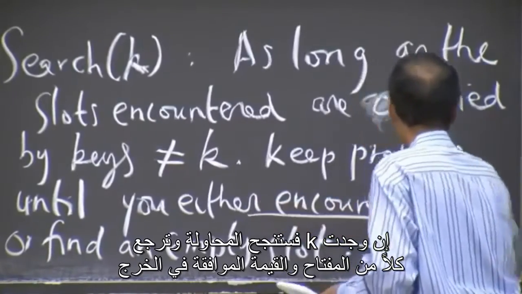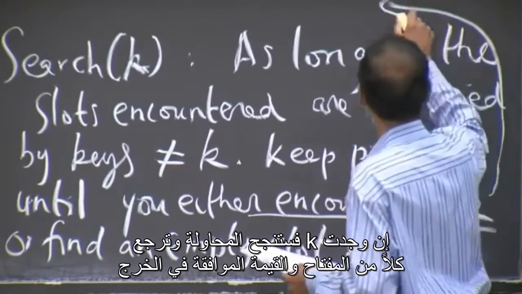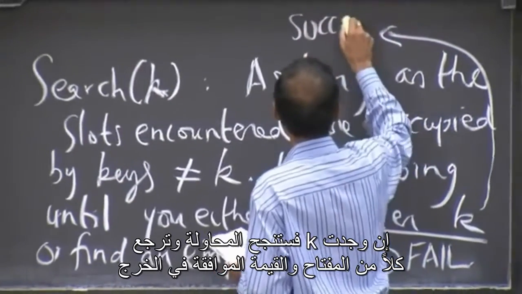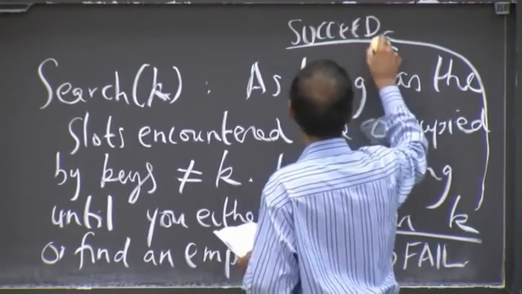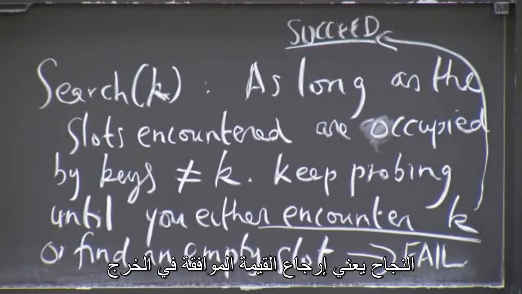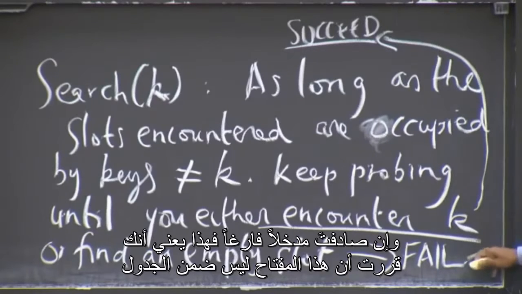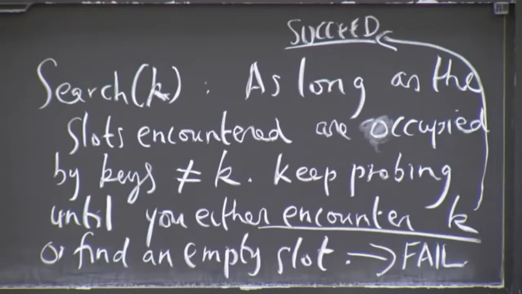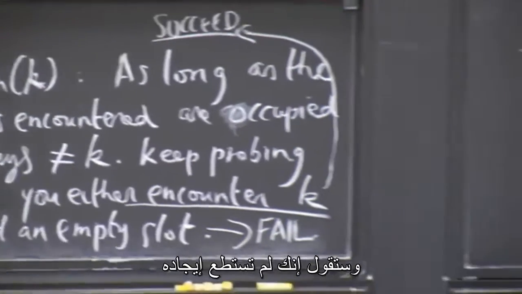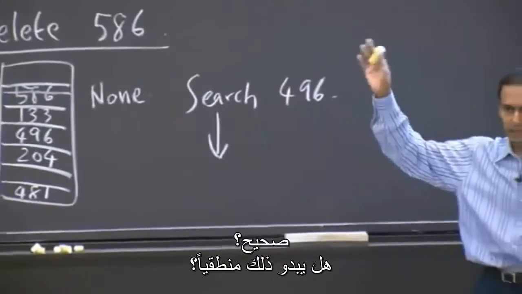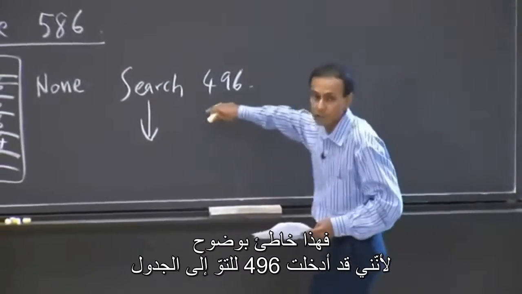If you encounter K, you succeed, and return the key value pair. Success means you return the value. And if you encounter an empty slot, it means you've decided that this key is not in the table, and you say, couldn't find it. That makes sense? So this is obviously wrong,